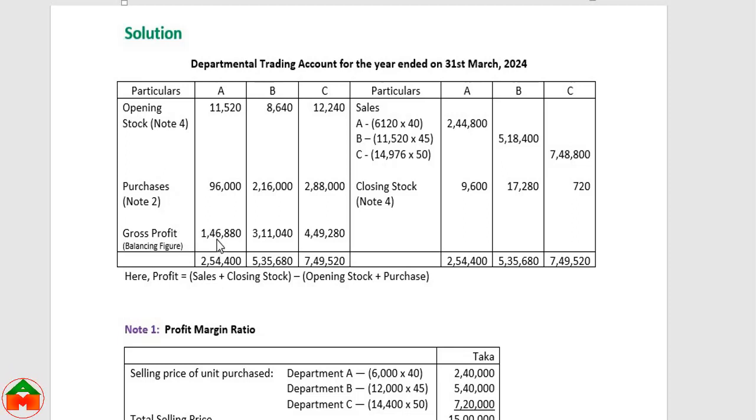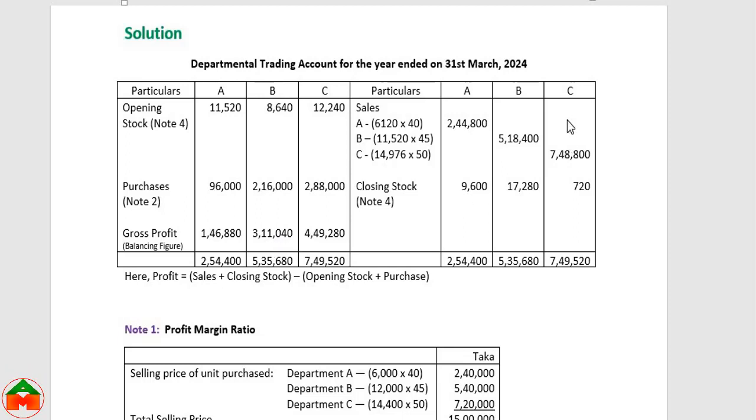In the same way, we have to calculate the profit for Department B and C. I am repeating, initially we have to add the sales and closing stock. For Department B, the total balance of sales and closing stock is 5,35,680, and from this balance we have to deduct the opening stock and purchase to arrive at the gross profit, which is